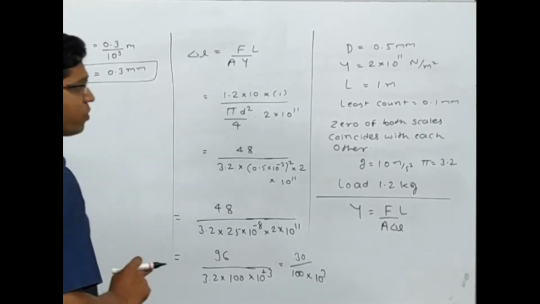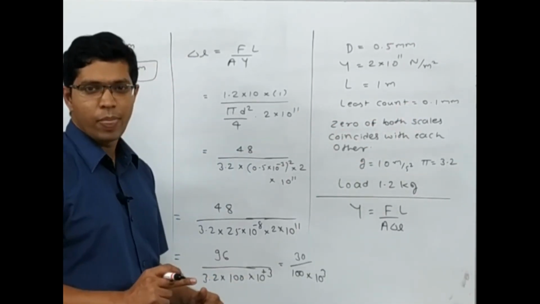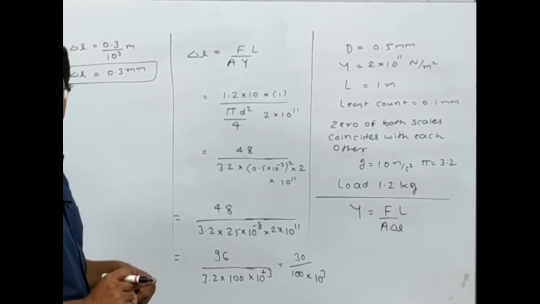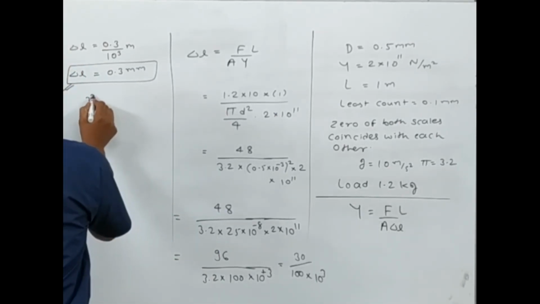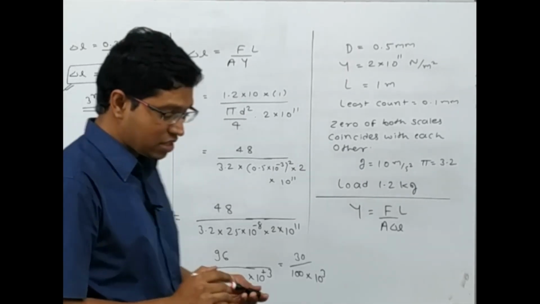Delta L is turning out to be 0.3 mm, and I know the least count is 0.1 mm. So which line is going to coincide? Obviously the third line is going to coincide, and hence the answer will be